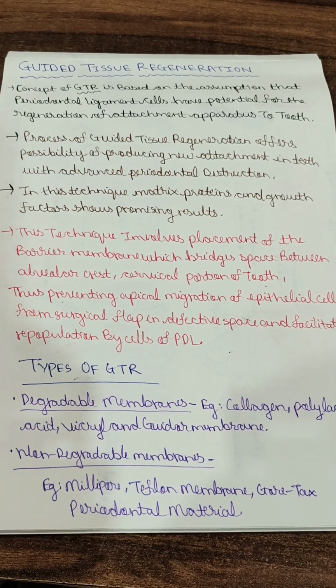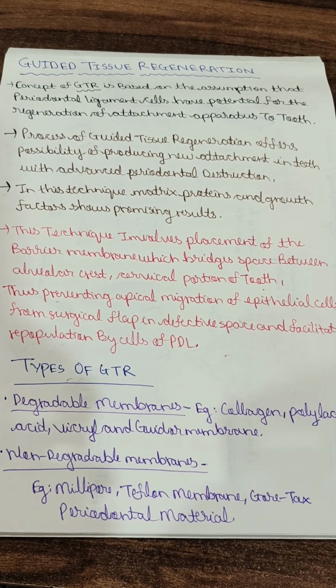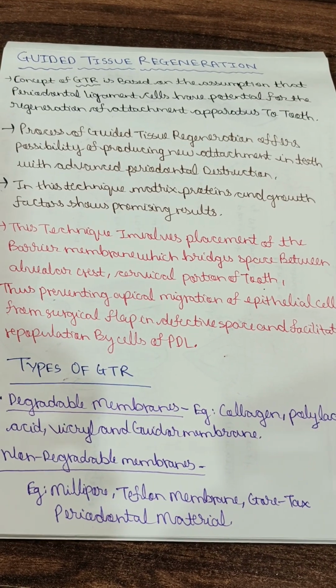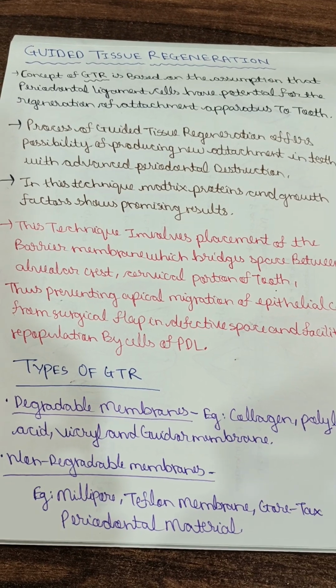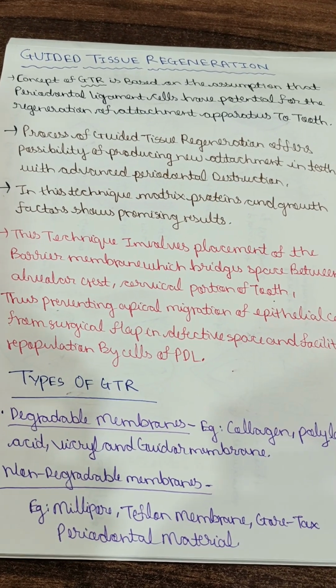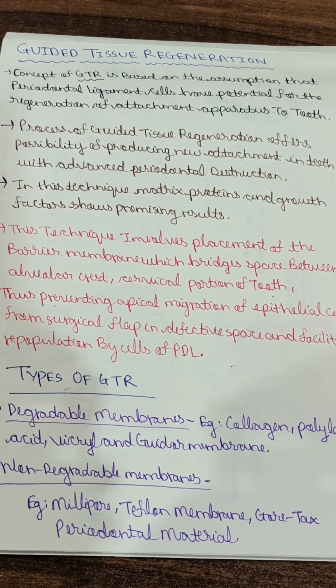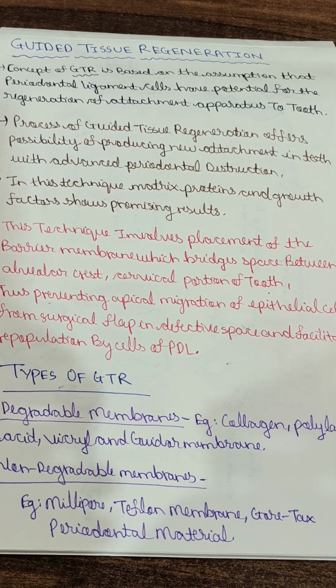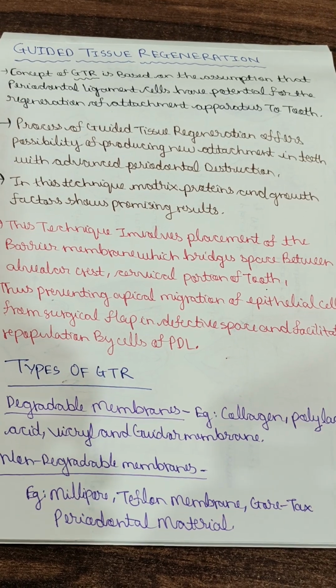Okay, now let's talk about the most important topic, that is GTR. GTR is also known as guided tissue regeneration. It is one of the most favorite topics of all the examiners. Even the examiners will ask this in the prelim viva, in your university exam viva, even in your MUHS periodontology